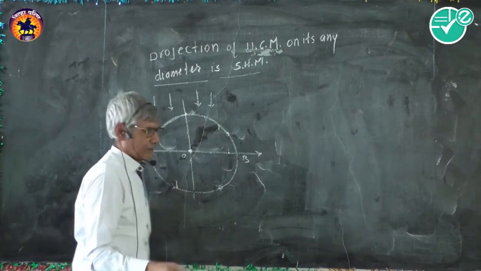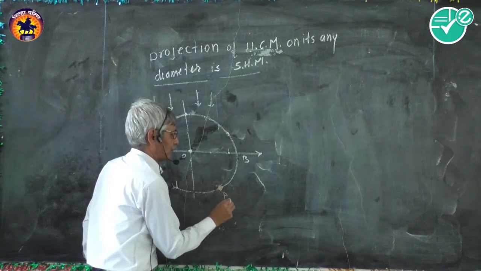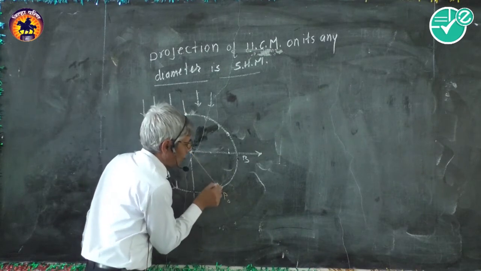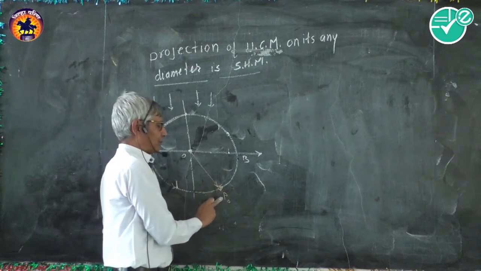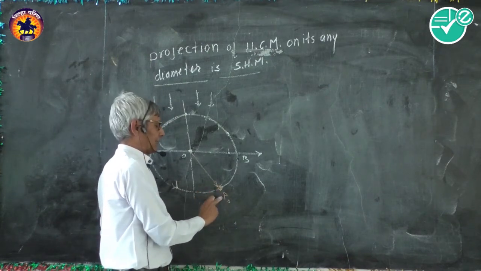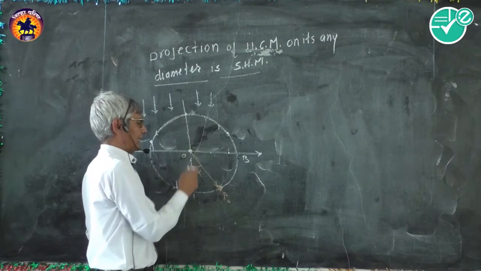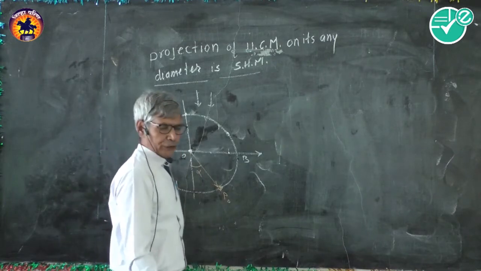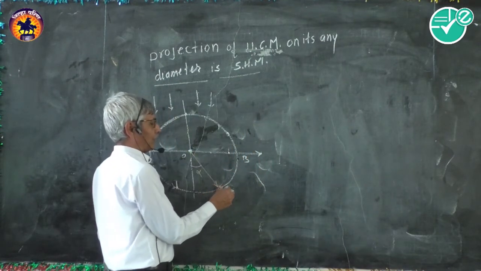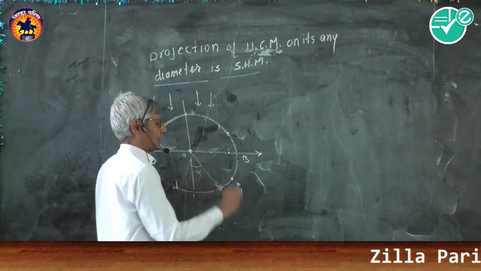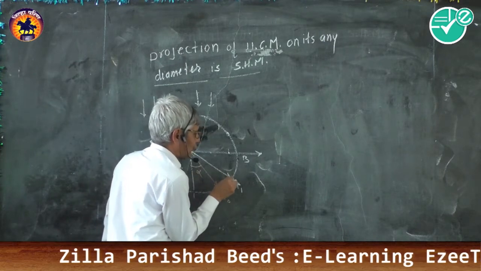For this, we will consider the particle in circular motion starts its motion from the point P0. OP0 is the position vector of the particle at point P0. Let alpha be the angle made by this radius vector with the negative y-axis. Suppose that in a time interval t, this particle moves from point P0 to P1 along the circumference of the circle. So, the position vector changes from OP0 to OP1.